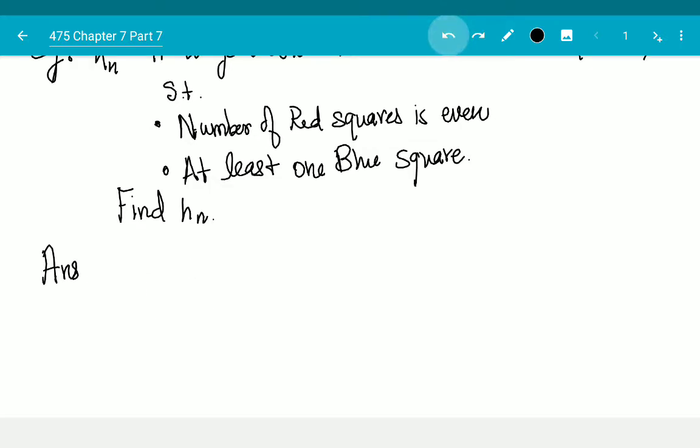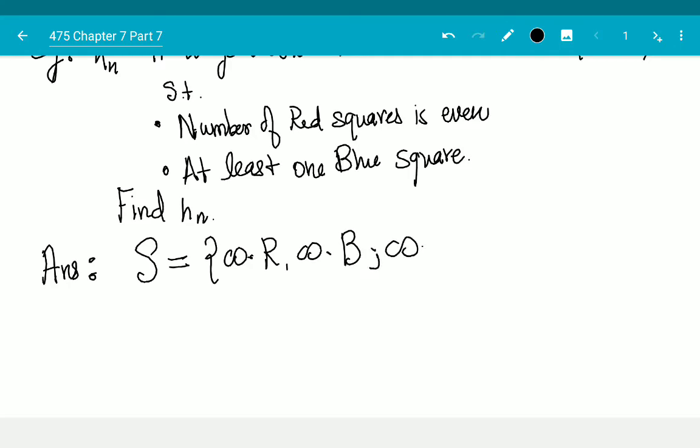My exponential generating function is again based on the set of infinity red, infinity blue, and infinity white, and my hn is equal to the number of n-permutations of S,